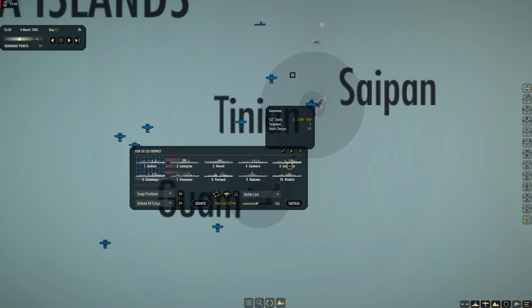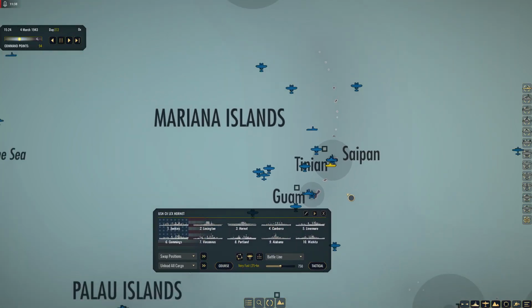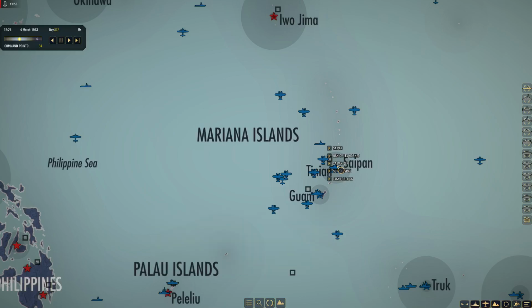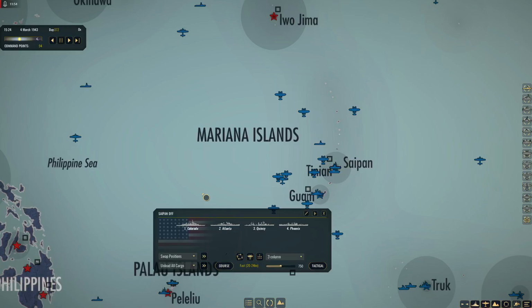I'm looking for the status of my aircraft carriers, make sure they have their aircraft, so I can determine what I want to do with this ship here. I think we want to be out here and hopefully do a pattern. And what do we got here? You guys are...